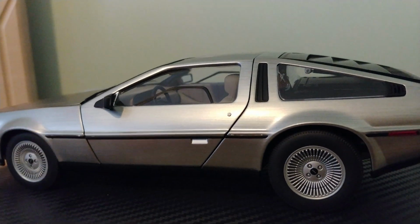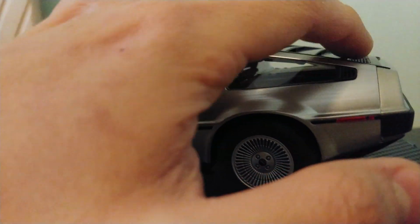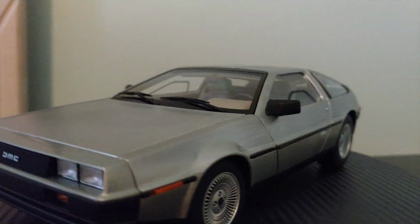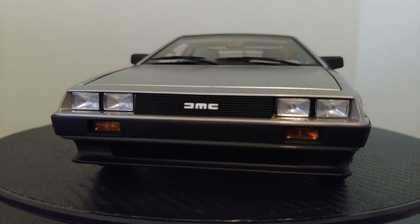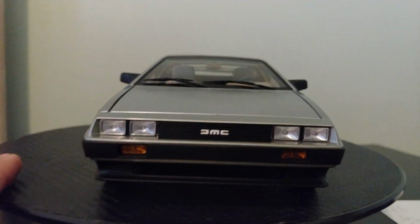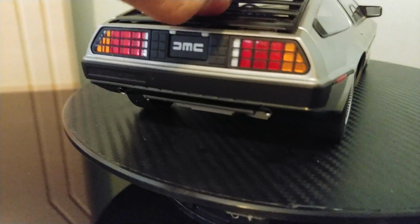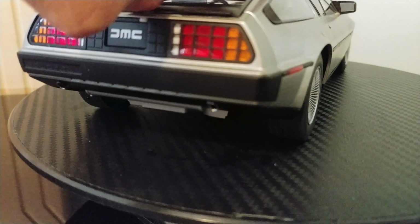But jokes aside, this model is really well made, apart from the back hood, which is flimsy. I kind of like how everything flows in this model. It's very 1980s. You can see the front looks very boring and square and rectangular. And actually, maybe talk a little bit about the back. And this is actually a rear wheel drive car. And I'm trying to get access to it. But